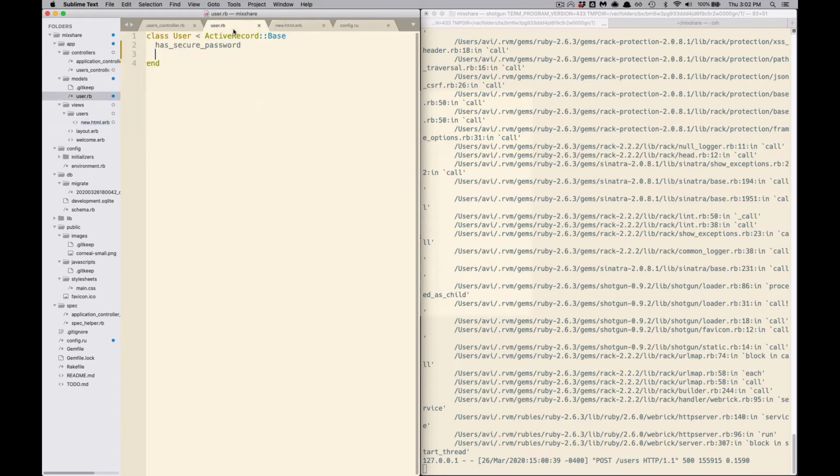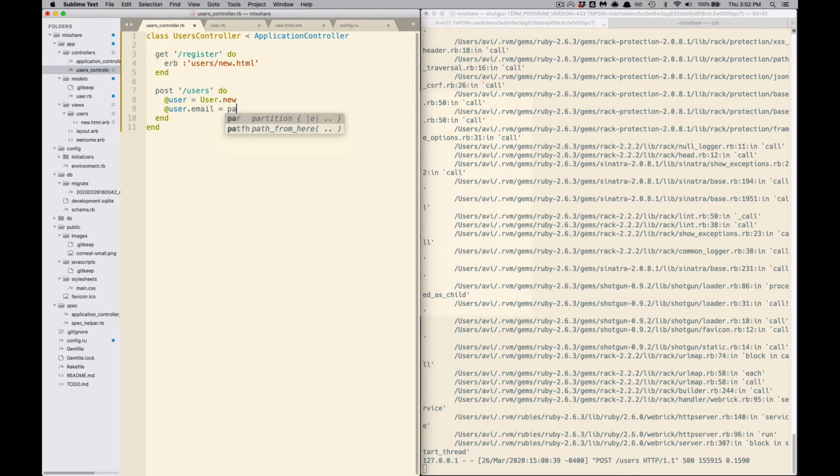And then now in my controller, what I basically want to do is say @user equals User.new, @user.email equals params email, and grab those from the form. And then @user.password equals params password. And then I want to say if @user.save, which is going to trigger correctly if its validations pass,